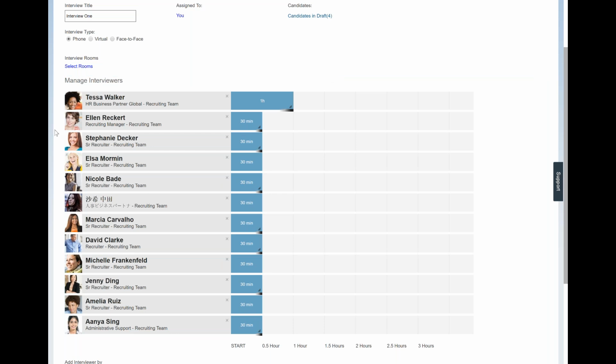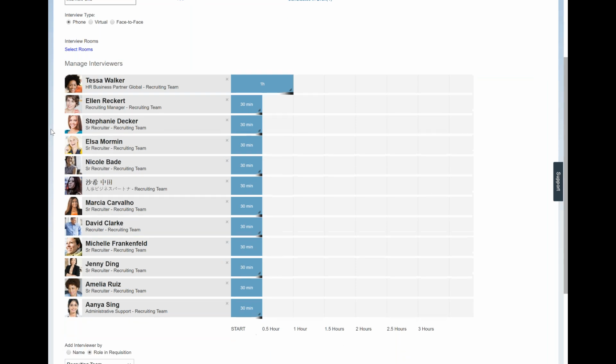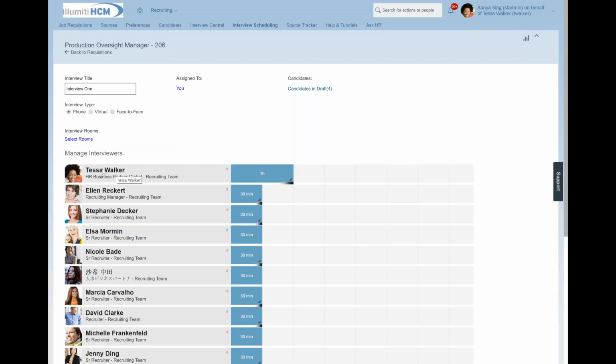And if I do happen to use Outlook, this system is integrated with Outlook. So it will check Tessa's calendar, for example, for availability. And if she is available at a particular day and time, I can actually stick this interview right onto her Outlook calendar so that I'm booking time and reserving it with her directly. So just a nice and convenient way to schedule interview times with these people, the candidates and the interviewers, in a nice, concise, organized fashion.